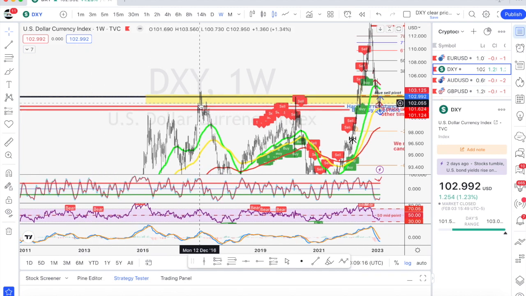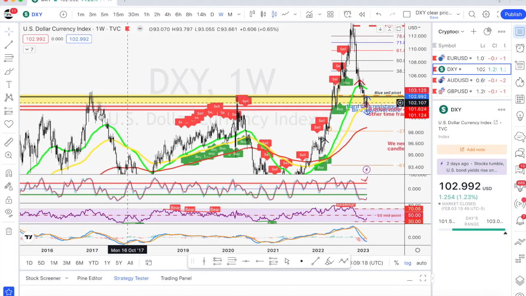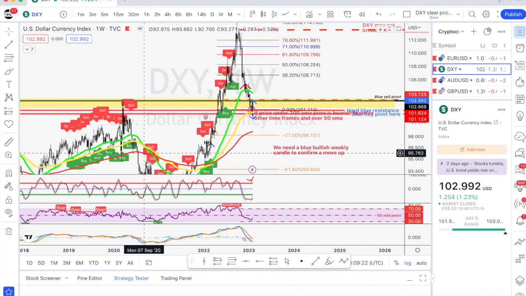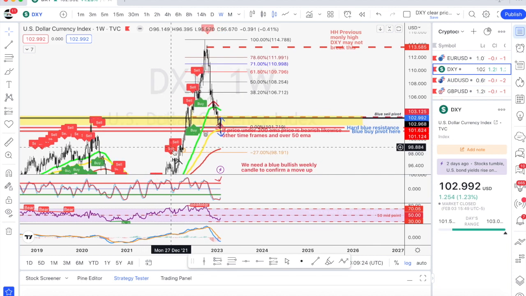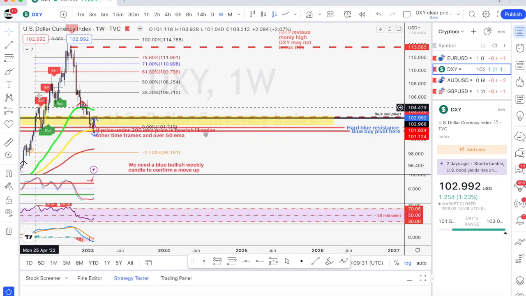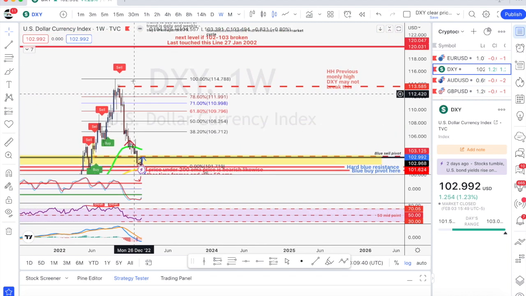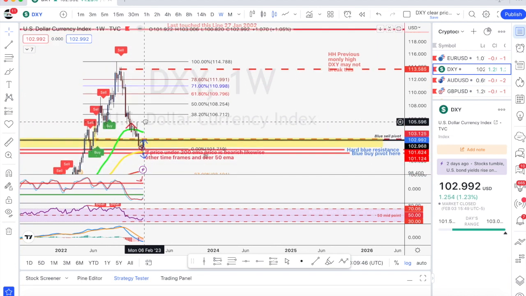In the past, this level, this yellow box, was a resistance level. It went up, it came all the way down. Again, it went up, it came all the way down. The third time it went up, it broke this resistance level and it turned. Usually when it breaks the level, it goes up and then it rests on the resistance and usually turns support. This turned support just here and it went all the way up, and then eventually it stopped around this level. So I drew my Fibonacci to that level,